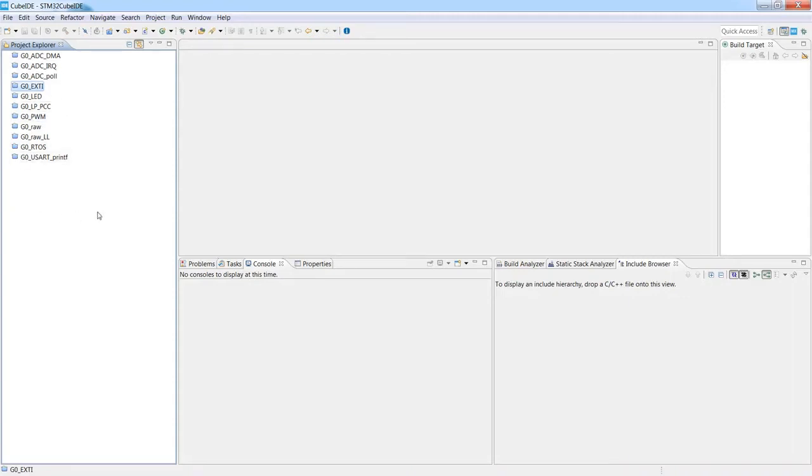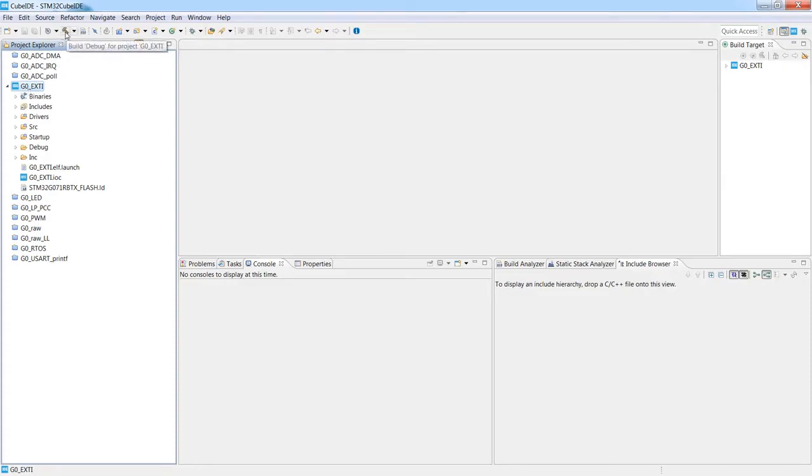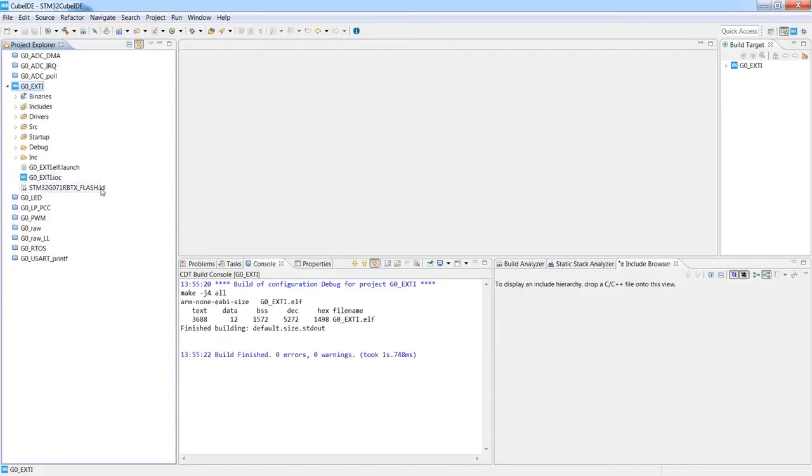All of them are closed at the moment. To open the project, it is just enough to double click on it, and just double click on this G0_XTI. This project became opened and active. Active means that if I would press on the hammer, only this project would be built.